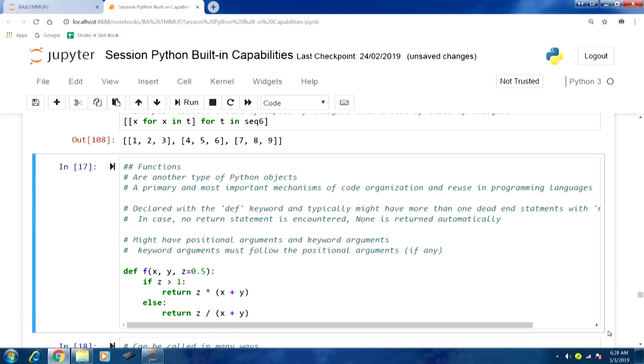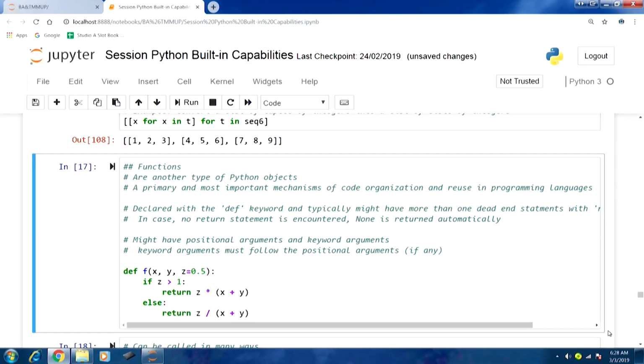Now, functions are another type of Python object. In the Python programming language, functions are defined as just another type of Python object. Because of this kind of definition, it is easier to code certain situations which involve functions. This is a primary and most important mechanism of code organization and reuse in a programming language.